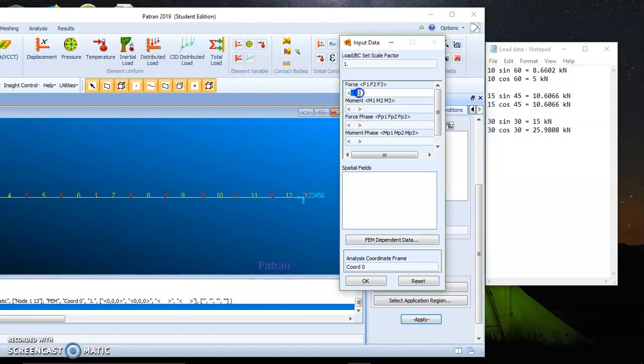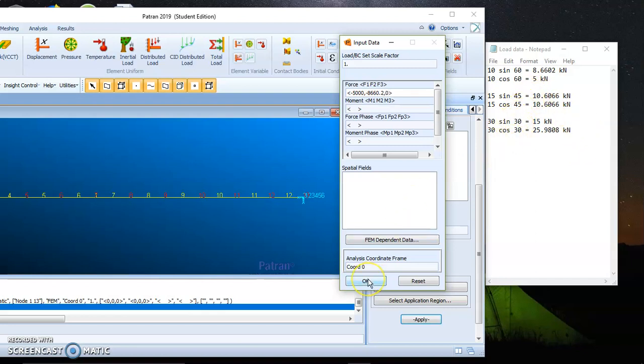The first force is 10 kilonewton at 60 degrees. So I have calculated the cos and sine parts. The cos part is towards the negative x direction. It is minus 5000 comma minus 8660.2 comma 0.